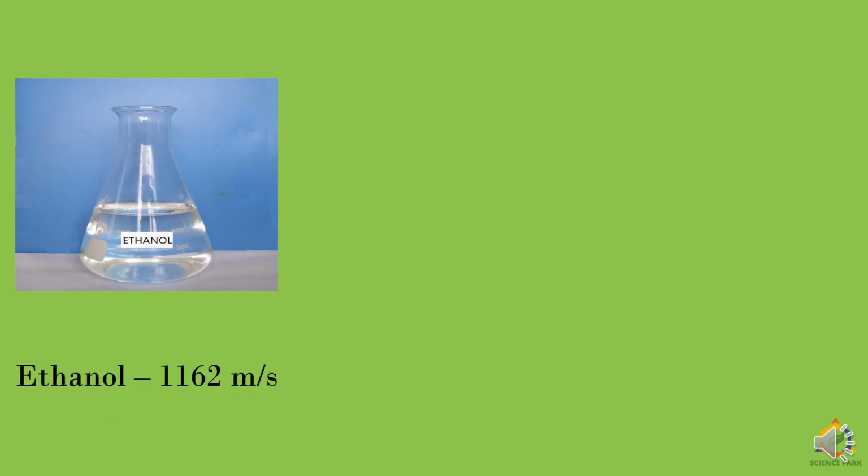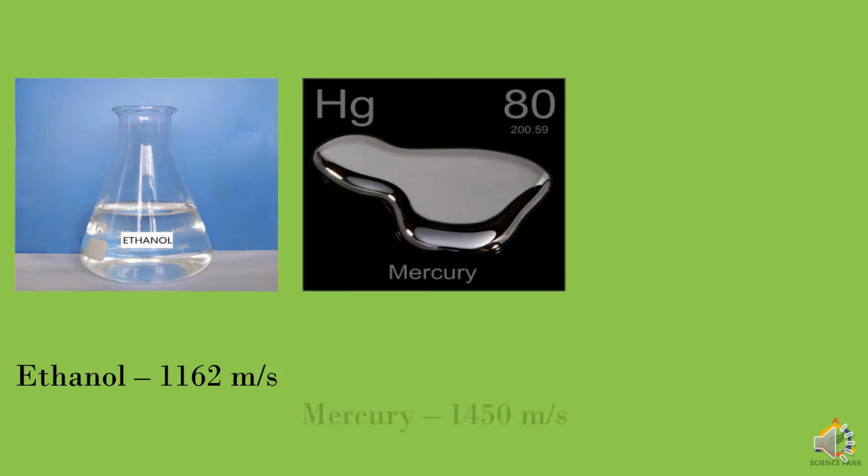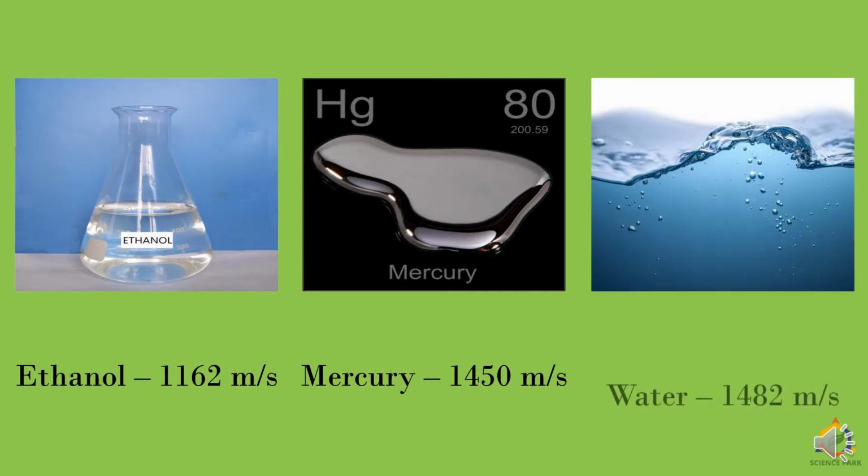Right. So now we will see the speed of sound in different liquids. First, ethanol, which is a kind of alcohol. The speed is 1162 meters per second. And in mercury it is 1450 meters per second. And in water it is